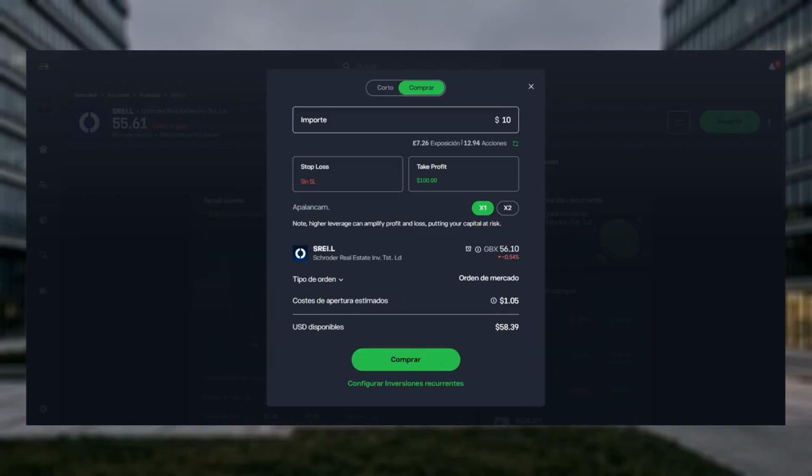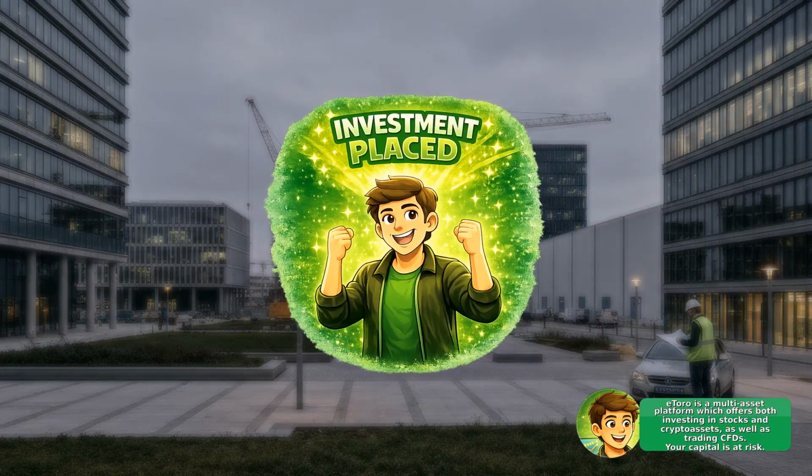If the market is closed, the order may become pending. And if you don't have sufficient funds, the platform will prompt you to add money before confirming. Once executed or pending, your position will appear in your